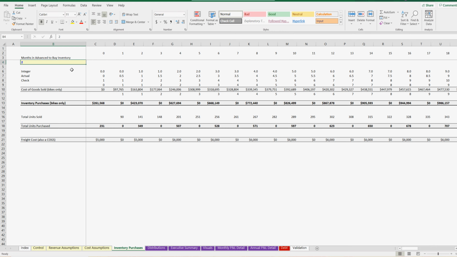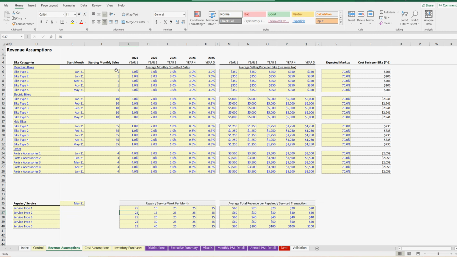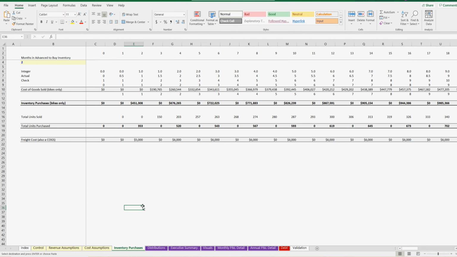And you can see you could put in the months that you want to buy inventory in advance for here, and it's going to start in year 0 and go based on your expected sales. So if you don't have any sales until, let's say, March, let me just copy and paste this to each of these. Then you can see there's not anything going on until February, which is you're buying things 1 month in advance